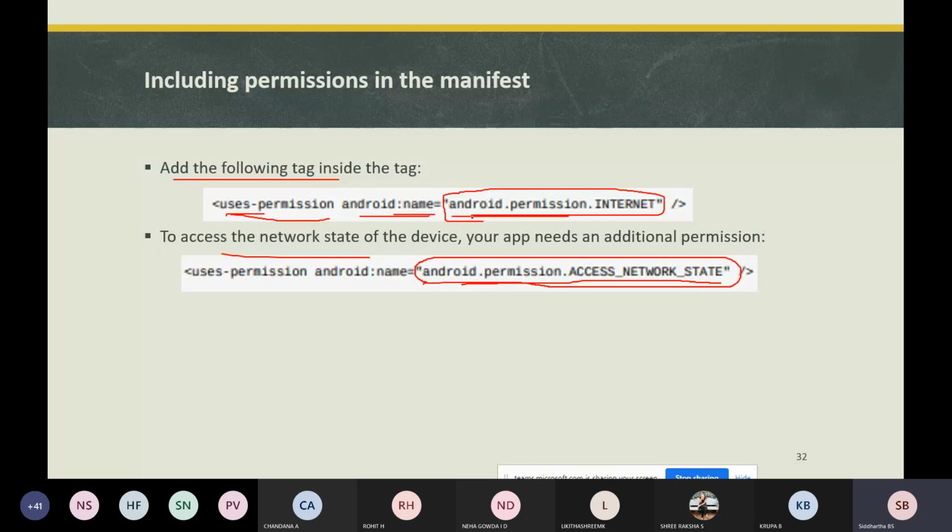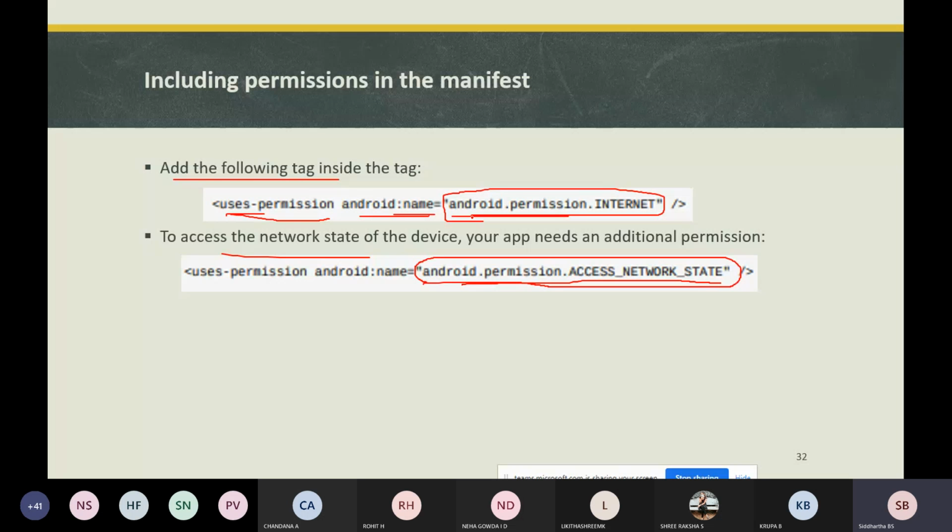It returns a NetworkInfo object, which contains the connection status, whether it is connected to Wi-Fi or to mobile, and whether that connection is idle, connecting, or not connected.